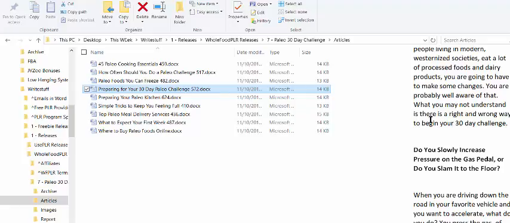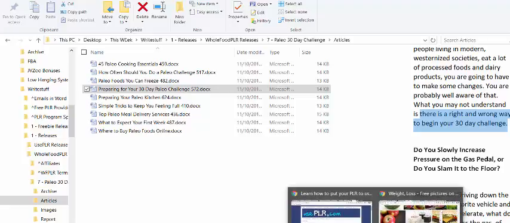Here we go. There is a right way and a wrong way to begin your 30-day challenge. And I can even add something to that, like, do you know what it is? Question mark. But again, we have to be really careful about space on these images, so I may just shorten this even further. I'm not sure. So then we'll go back to Pixabay,